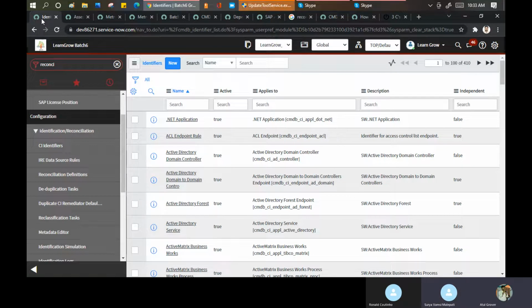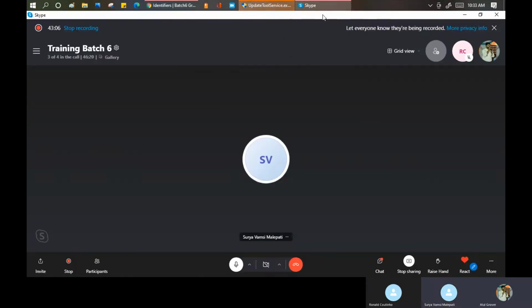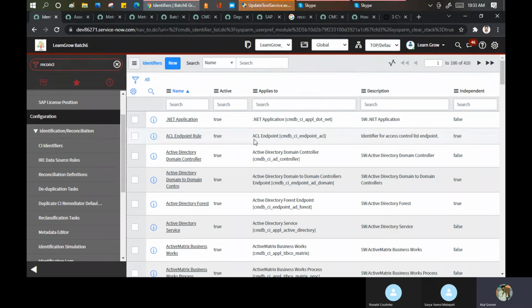So in IT, when we bring the data from multiple sources, we bring the user data, maybe I can bring the user data via AD, Active Directory, as well. In this case, if I have two usernames or one username with two persons, Surya and Surya, how should I know which Surya needs to be approached? So these things are called reconciliation basically. That brings your data together, and this is a manual activity.